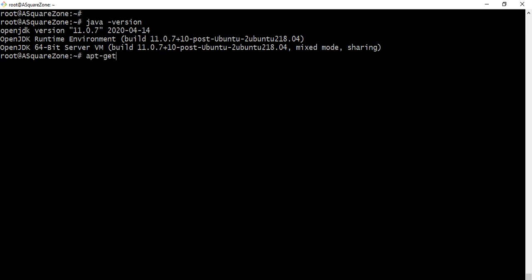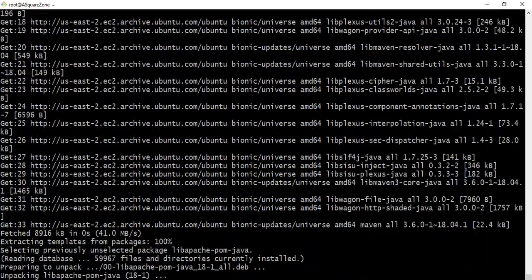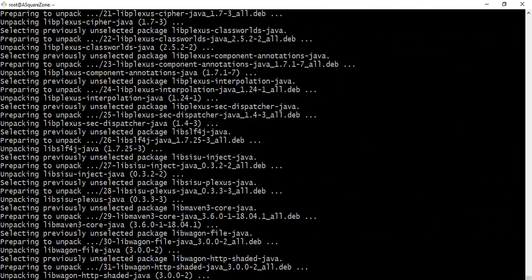So using apt-get install, I'm giving -y, and using only the maven keyword we can install Apache Maven on our server. So this is a very easy way to install Maven on Ubuntu server using apt-get install. It gets all required packages.